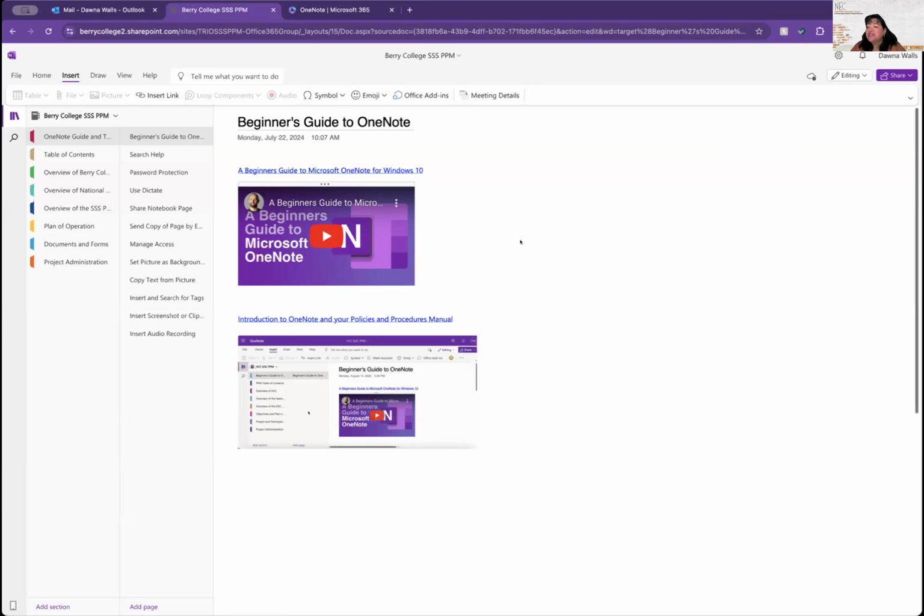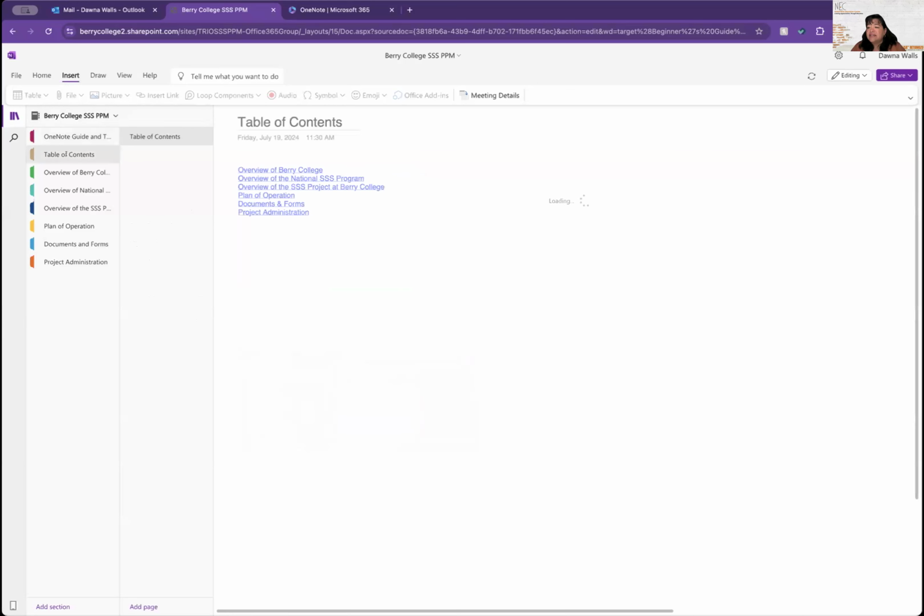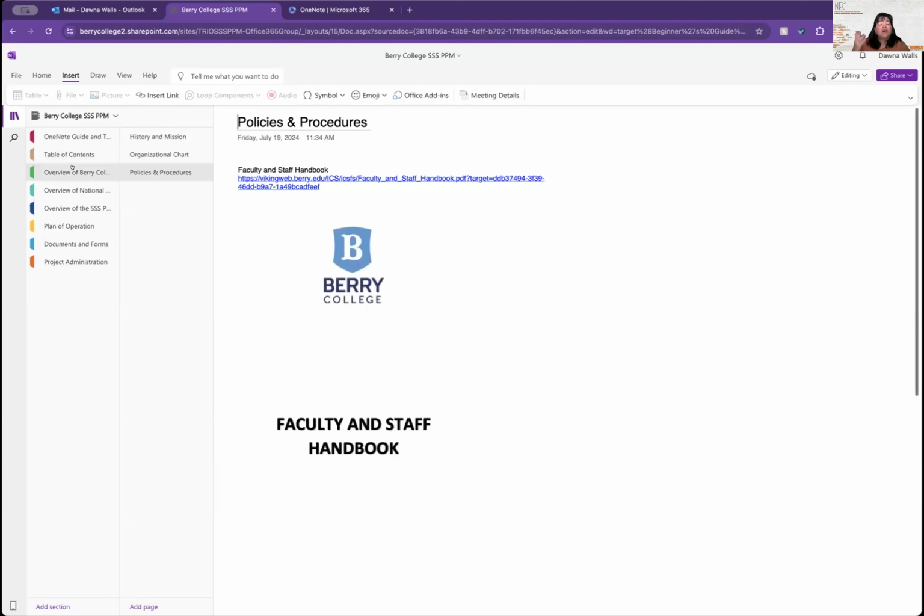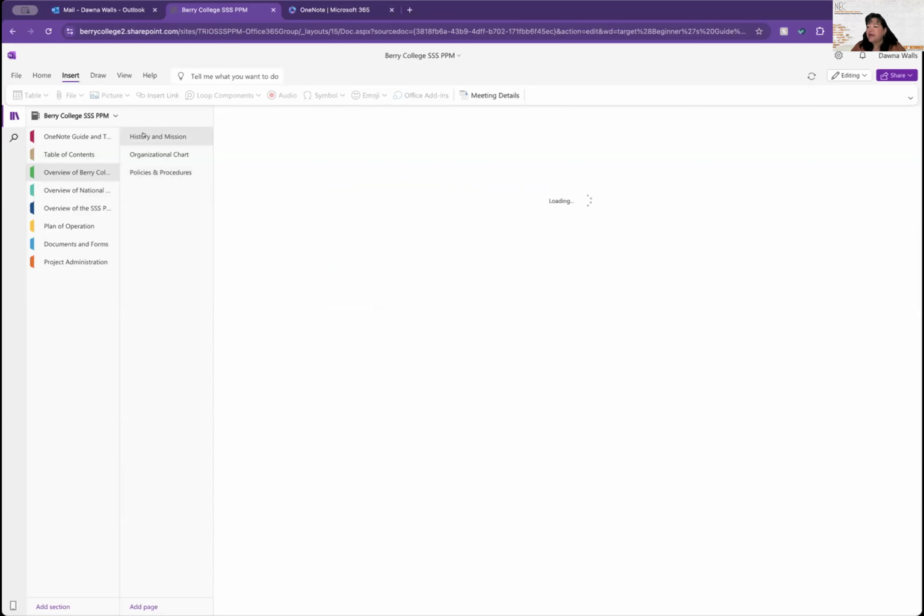Then if we move on to the next tab, it's the table of contents. See how we have the sections. I just shared with you a table of contents in Word. After that's discussed or decided upon, when we click each link, the sub tabs or pages and sub pages will come up. Let's say that instead of having the overview first, I wanted it last. See how things can easily be moved around. When you click each link, here or on the side, we get into the overview. Can you click the overview? There we go, history and mission, that one there.